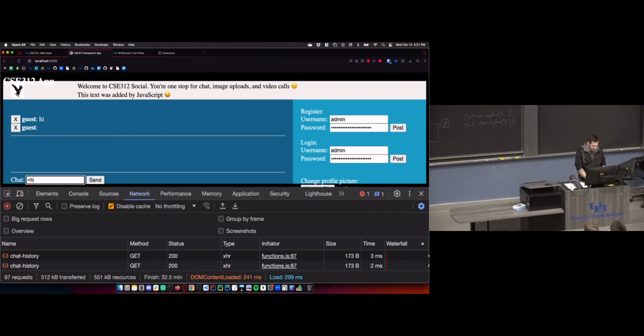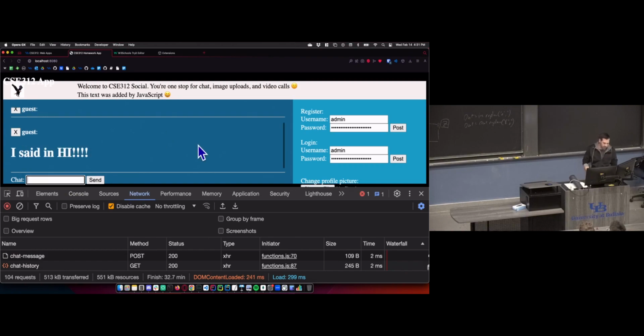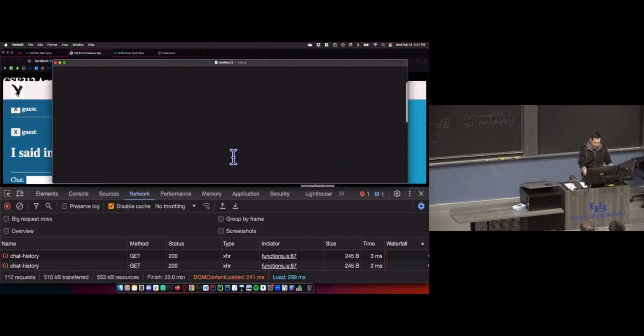And if I want to be obnoxious in chat, any HTML is going to be rendered to all users because I'm not protecting against HTML injection attacks. I'm not escaping anything. So you can do obnoxious things. If that's all people did, it'd be annoying, but who cares that much? It's not the biggest deal.